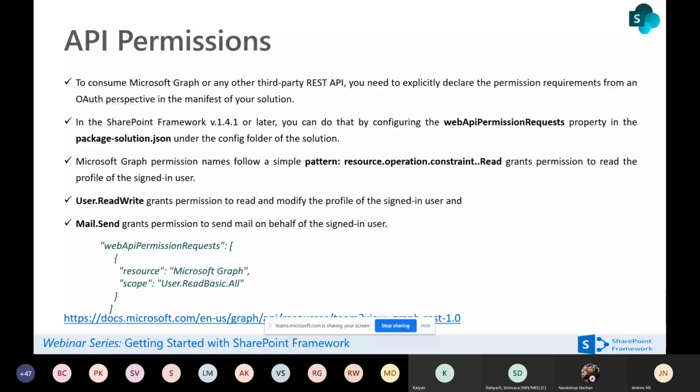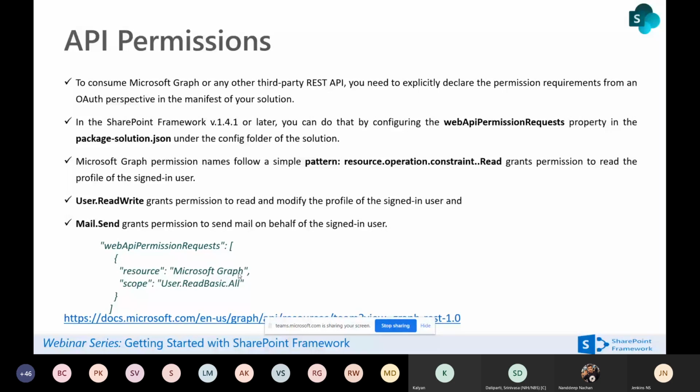This pattern: all the permissions look like User, that's a resource, then the operation, and then the constraint where you want to set the scope. The resource is always Microsoft Graph whenever you are using Microsoft Graph. If you go for a different thing, for example Azure AD or something using AAD, then you use that different name, and because of that we get a different permission. Whenever you are using Azure AD, you can get a permission value, right? The resource you create, you can mention that resource, and you can give the permission scope, whatever you want.